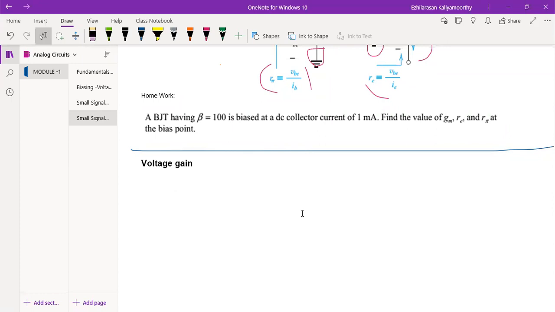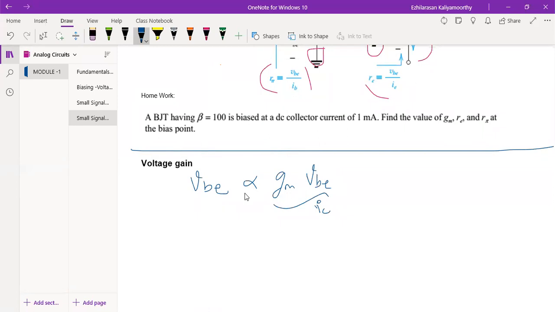See, we are talking about the small signal model. I'm not talking in terms of DC current. I'm talking in terms of the small signal model. So simple, I can say the input voltage is VBE. It is directly proportional to the output, which is GM VBE, because it is nothing but the collector current. I can simply say the output is IC, that is GM into VBE.